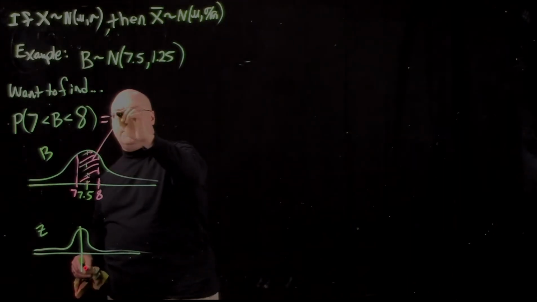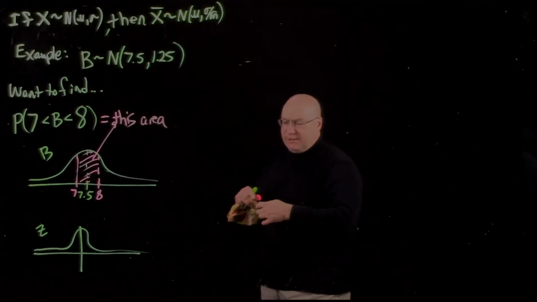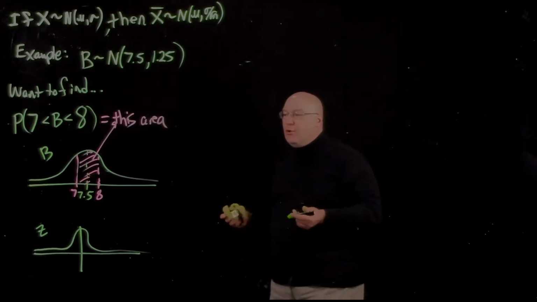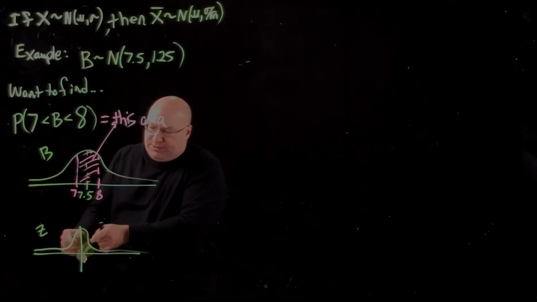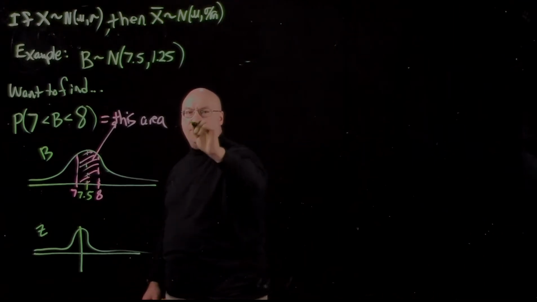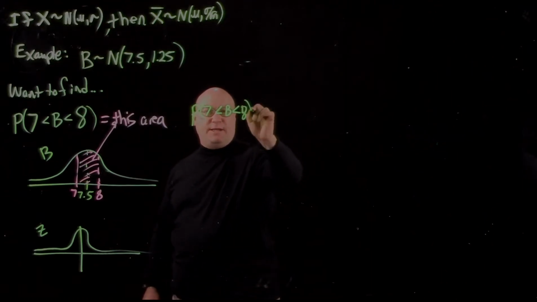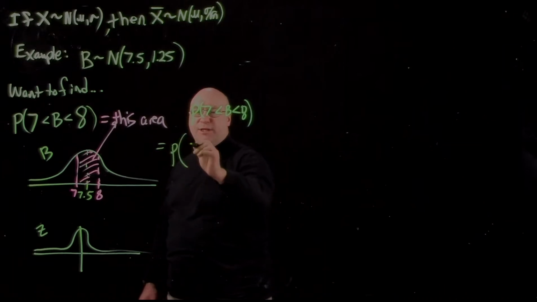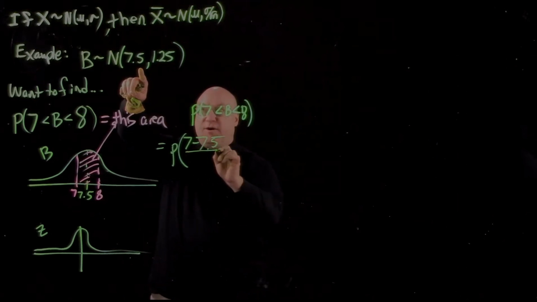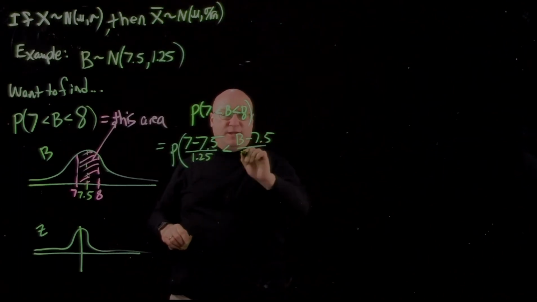So I want that area. And notice when I write with pink, sometimes you can't see it if I stand behind it. So I'm trying to get that area. What does that correspond to down here? It corresponds to some area down here as well, and we get that by converting. So let's just do it right here. The probability that 7 is less than B is less than 8 is, I run through my transformation. I do 7 minus the mean and divide by the standard deviation, less than B minus the mean divided by the standard deviation,